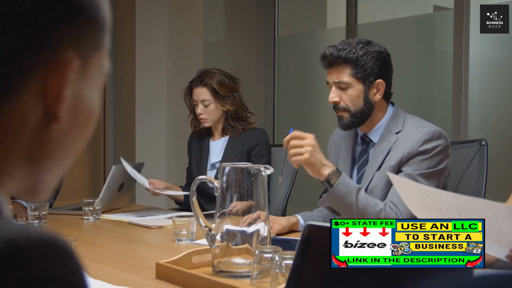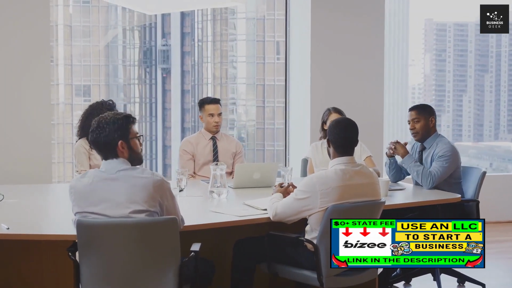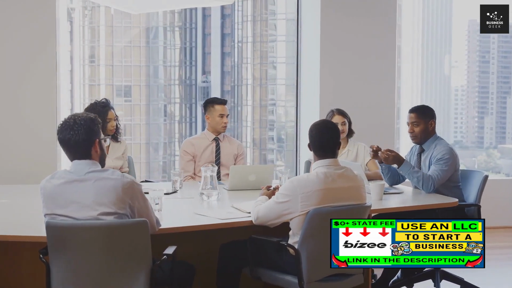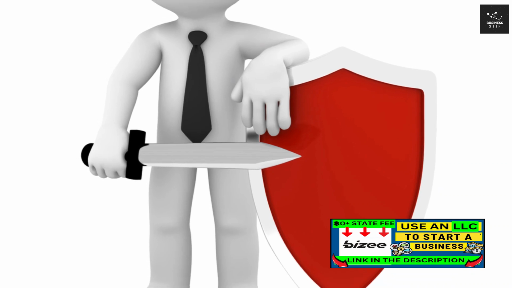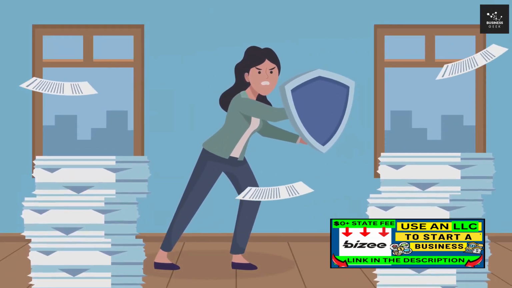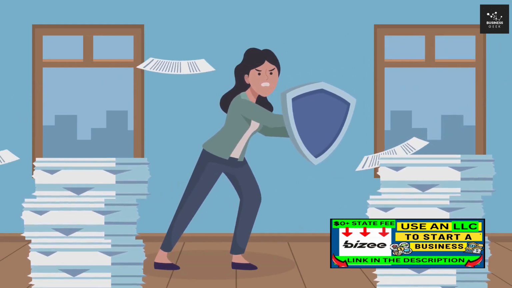Operating as a C corporation can lend your business a sense of credibility, which can be beneficial in attracting customers, partners, and investors. But perhaps one of the most appealing aspects of C corporations is the separation of personal and business liabilities. This means that as an owner, your personal assets are protected in the event of any business debts